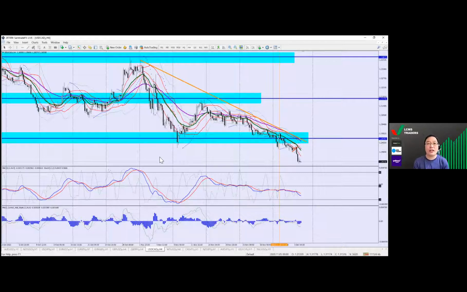It's very interesting the whole week. Basically, USD/CAD has been on a downtrend. You can see really nicely on my trend line, it has been respecting the trend line, moving all the way down. In fact, it hit a very strong support level here that has not been seen since 2018. It tried to break out and then retested back again, and pushed down yesterday and the day before, really very nicely.